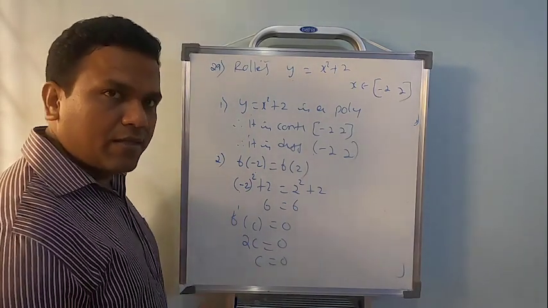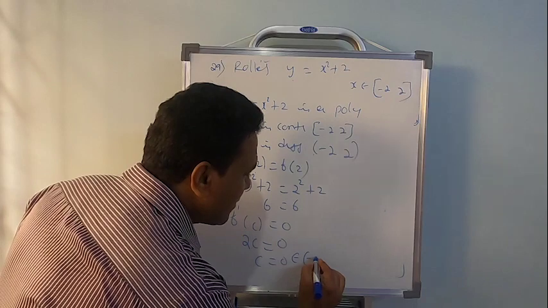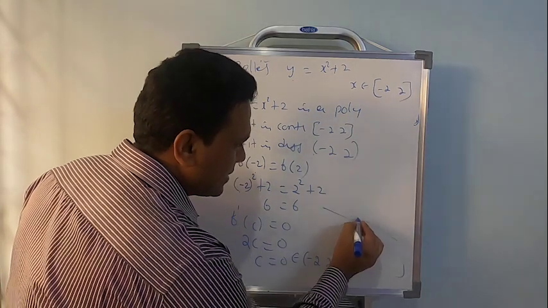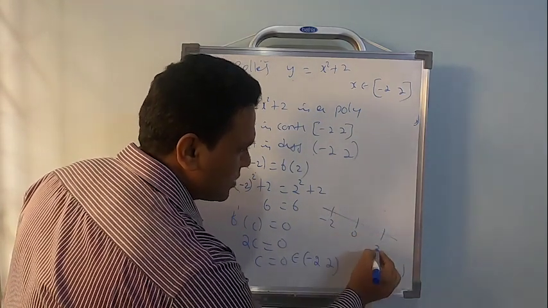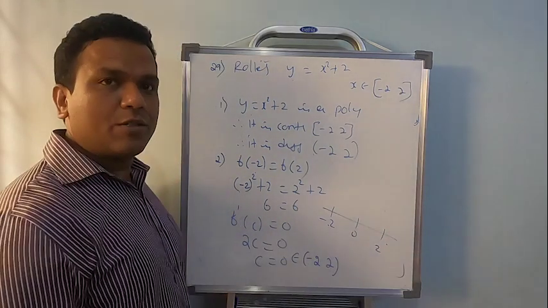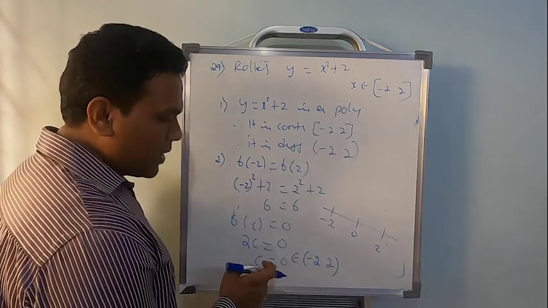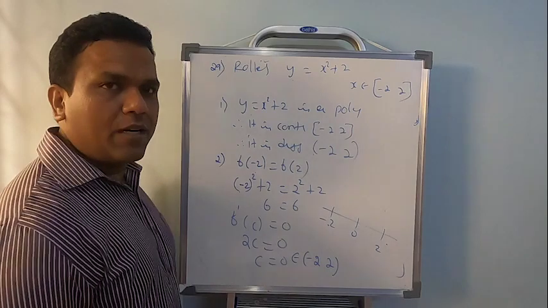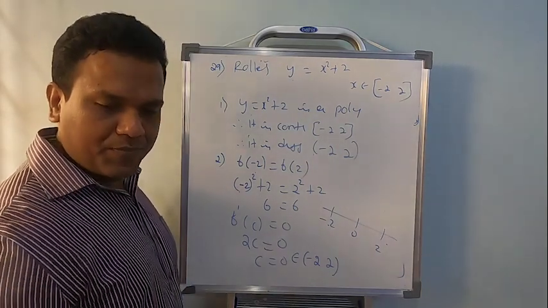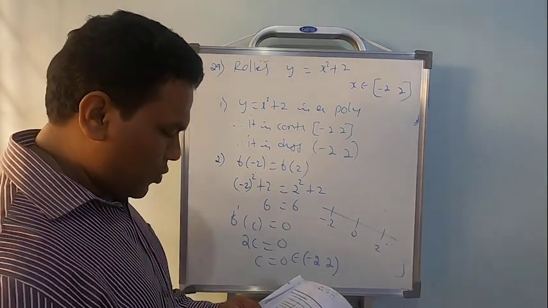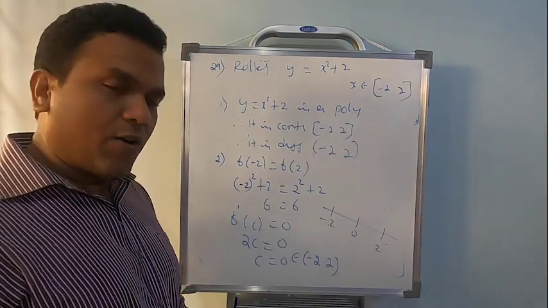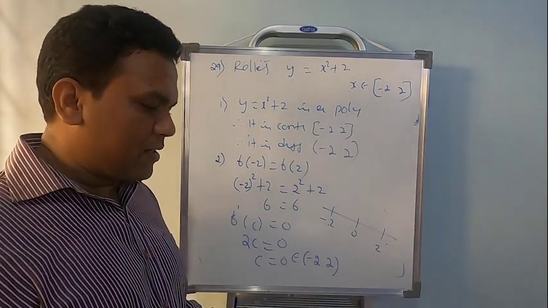Finding c is not enough, as I say every time. Is this a number between minus 2 and 2? Certainly this is 0, this is minus 2, this is 2. 0 is a number between minus 2 and plus 2. Correct, right? So whatever the value of c you got, it belongs to the open interval minus 2 comma 2. So 28 and 29 are places for differentiation problems in third main, right?